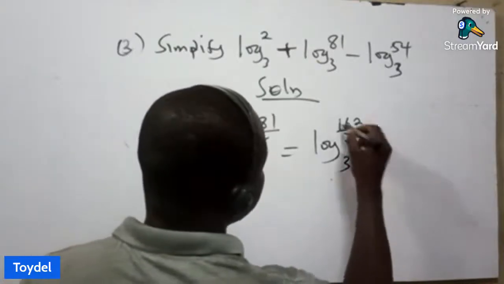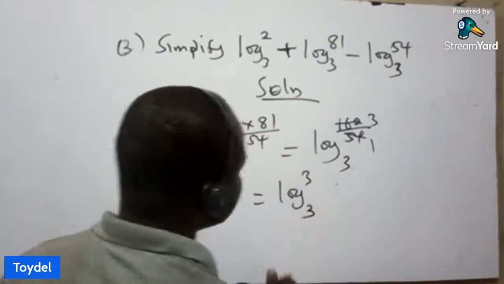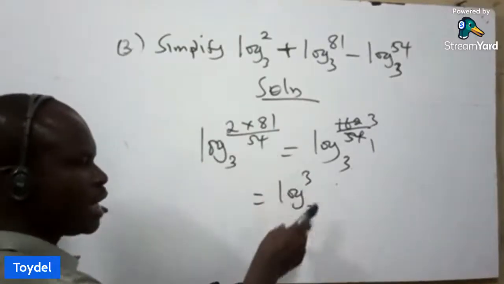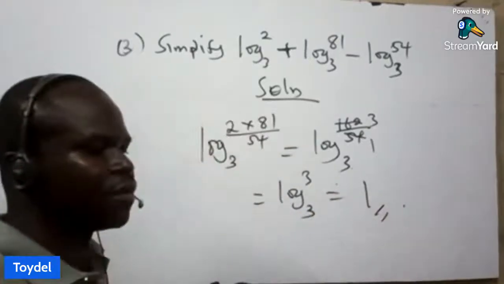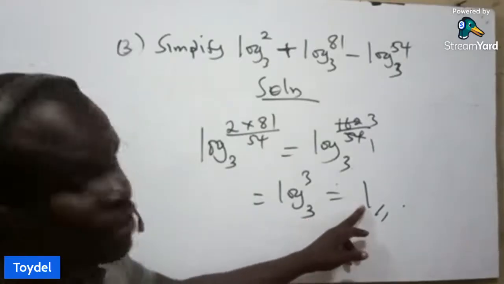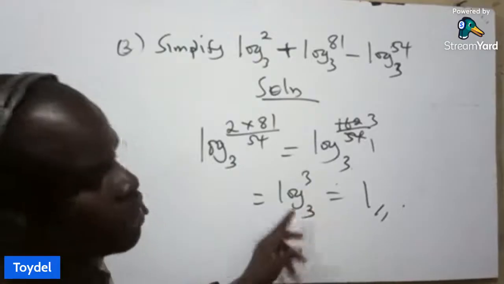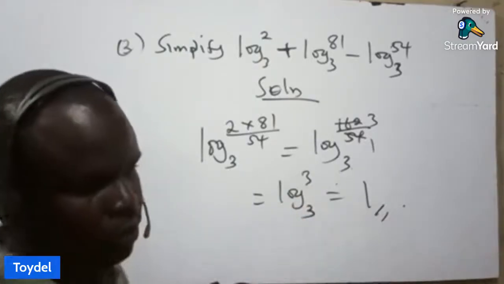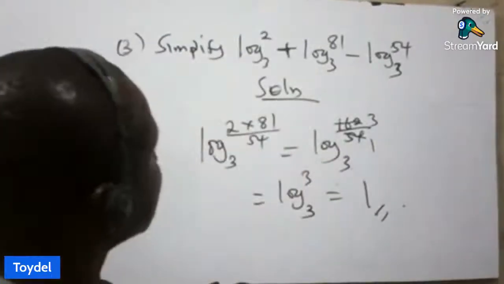So I'll say 54 here, 1, 54 here, 3. At the end of the day, I'm going to have log 3 base 3. If you have a log and the base, if they are the same, the answer is 1. Once the logarithm and the base are equal, the law says that it is 1. If you have log 1, irrespective of the base here, either base 2 or base 10 or base x, it is 0. So these are some of the laws of logarithm that we have considered